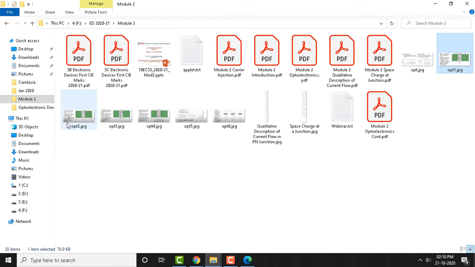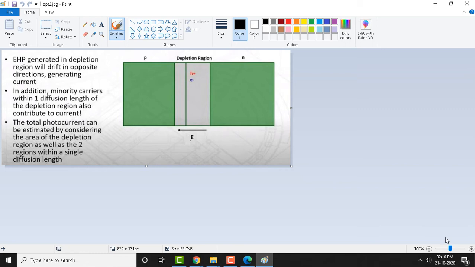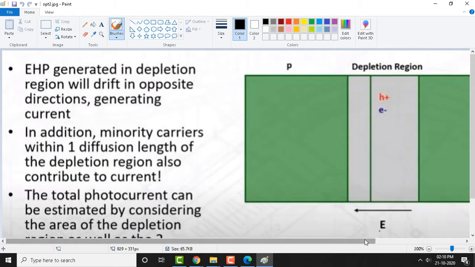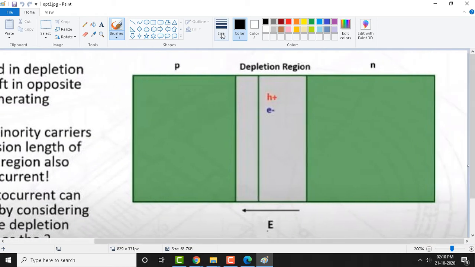Now let us take the next diagram. You can see in this diagram how exactly the electron hole pairs move. Look here now. As I told you already, we have three segments here. One of them is the depletion region. This first segment is the depletion region, the neutral p region let us call the second, and the third is the neutral n region. Let me make it a little narrower so that you can see.